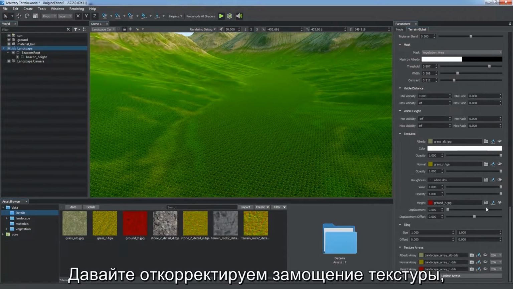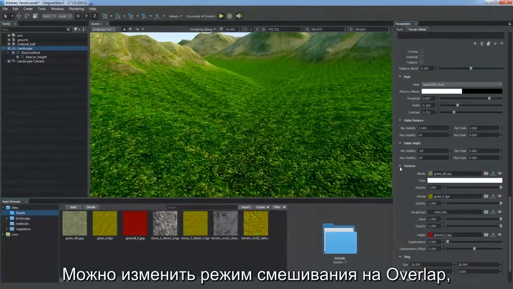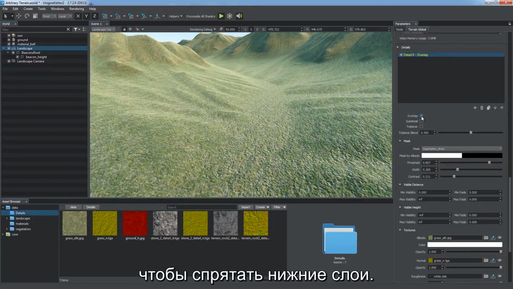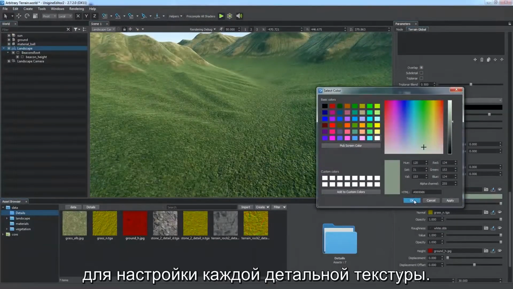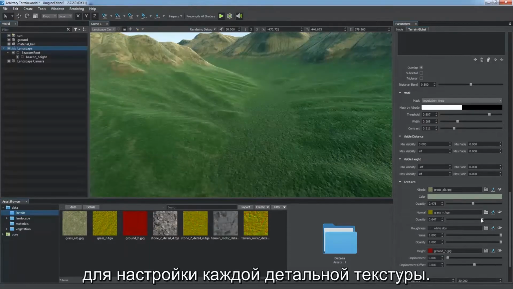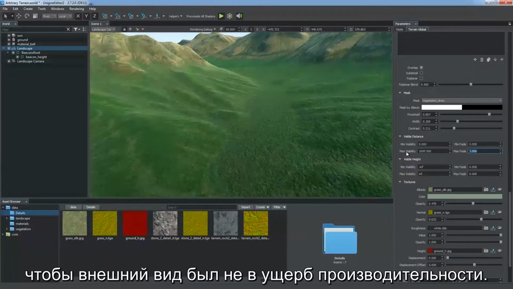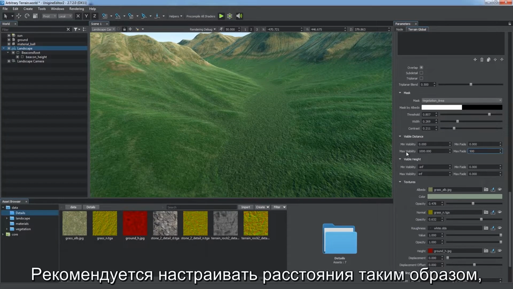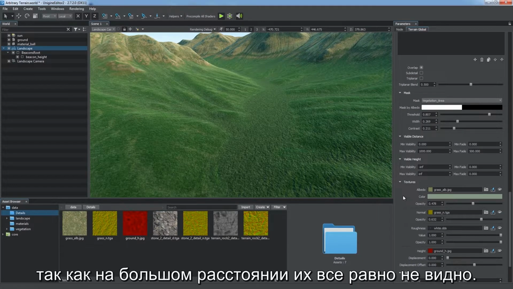Let's fix tiling in the corresponding section by increasing the size parameter. Change the blending mode to overlap to substitute underlying layers. You can also use additional parameters of each detail texture for fine-tuning. We can set visibility distances for each detail to provide best balance between look and performance. It is recommended to configure distances so that fine details are displayed only at close distances, as they're unnecessary when